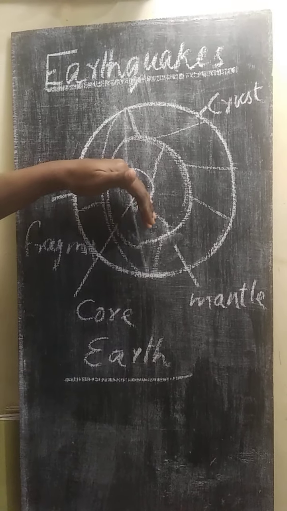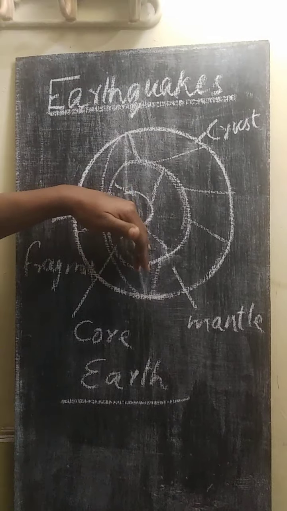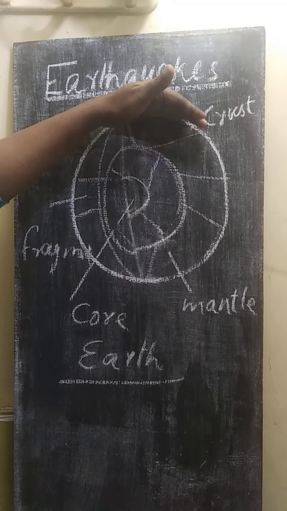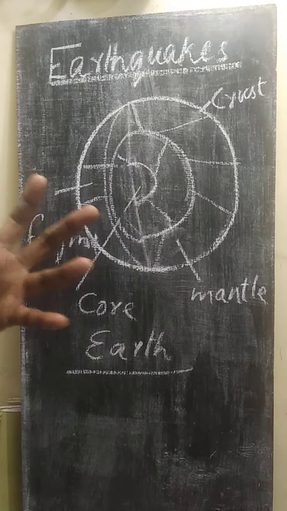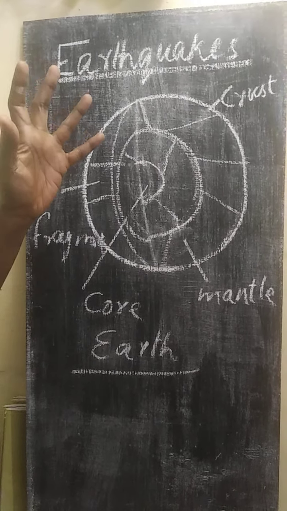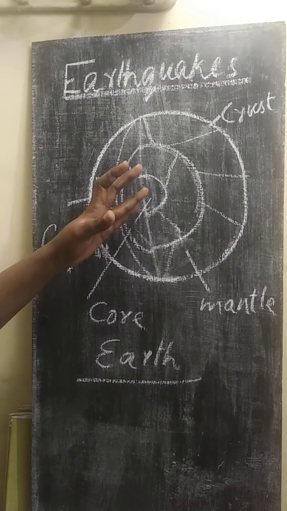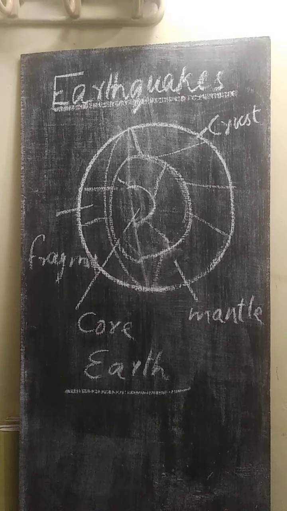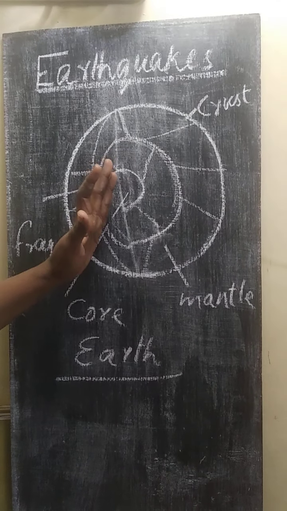So seismic waves can be generated inside the earth and travel in all different directions, and when they reach the crust, they can make the earth tremble. This trembling is nothing but a disturbance from the inside of the earth, and this disturbance we call an earthquake. Earthquakes occur all the time all over the earth, but they are not even noticed.